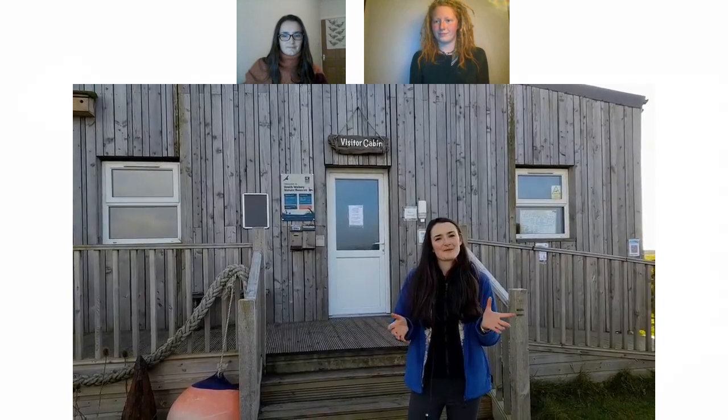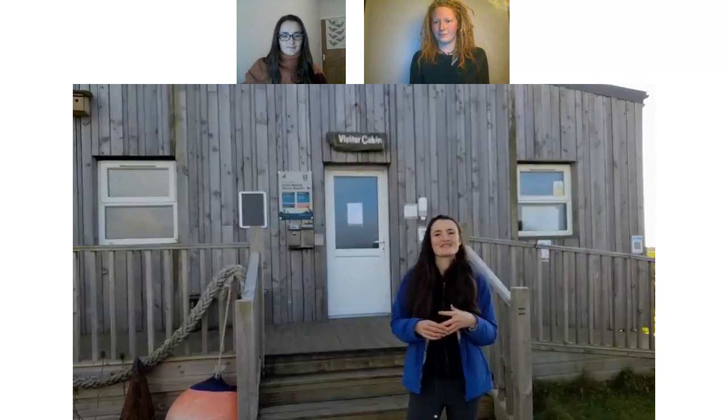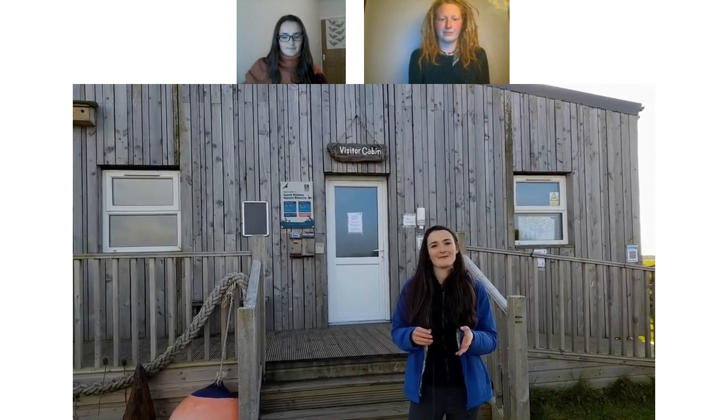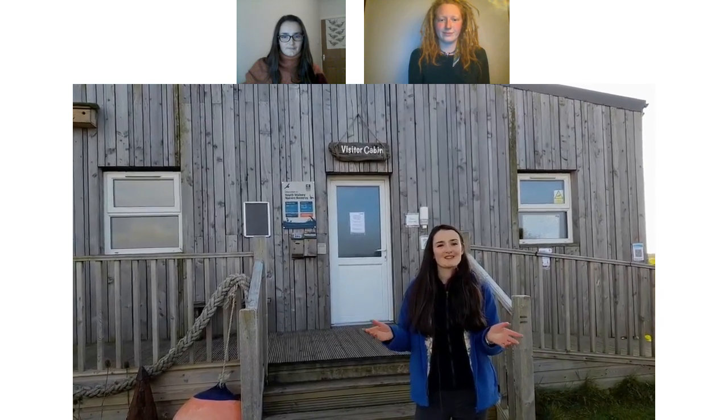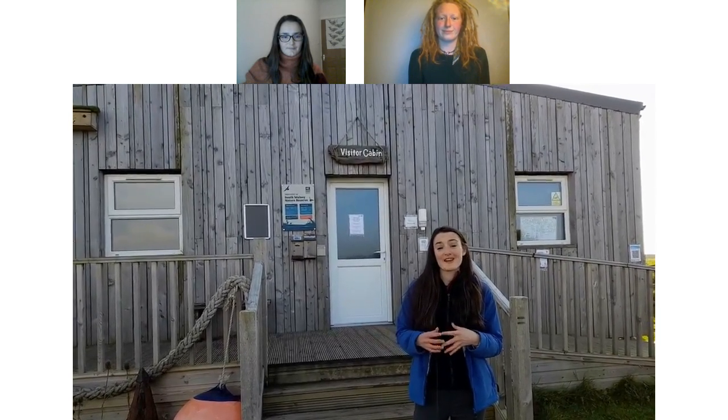We're at South Walney Nature Reserve, which is on the tip of Walney Island. It's one of Cumbria's few nature reserves that's on the coast. It's historically been really important for its bird life, so breeding gull colonies and waders, and also its vegetation. But one of the more recent conservation success stories has been the grey seal population down here. So Cumbria Wildlife Trust has